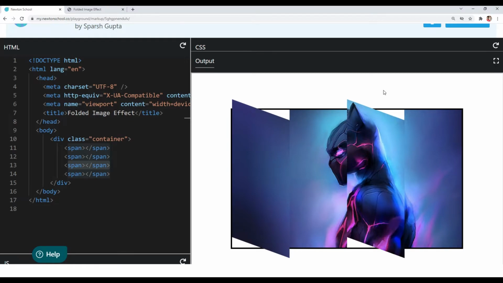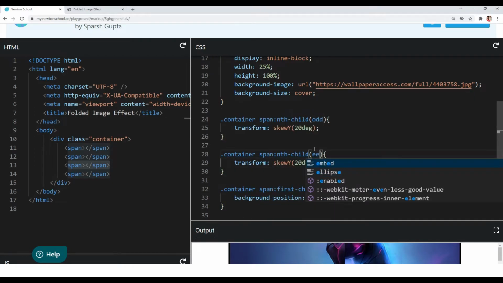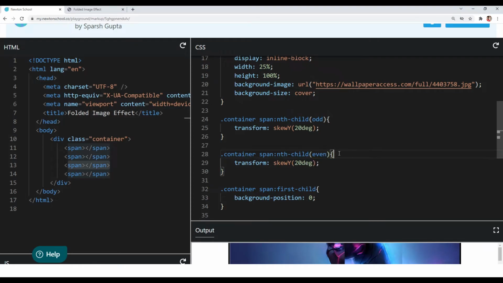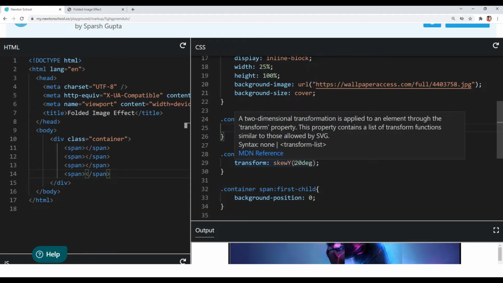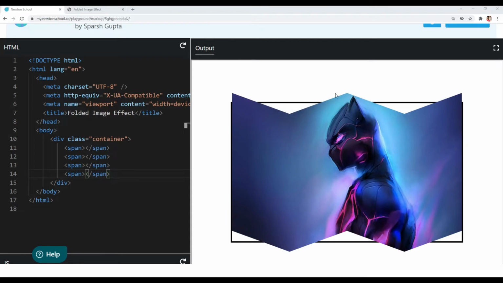Now I want to tilt the second and fourth child in opposite direction. So now I will target the span element at even places. So I will pass even here, and even numbers are basically 2, 4, 8, 10, 12 and so on. So this selector will target the span elements at even places. So we are targeting the second and fourth span child. So we have to tilt our second and fourth span elements in the opposite direction of this. Okay, so we will just pass a negative value, and now you can see we got a kind of folded